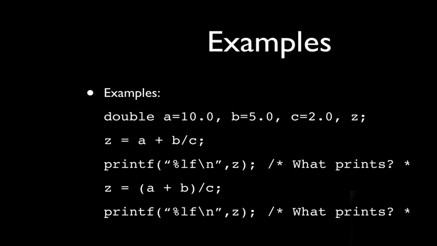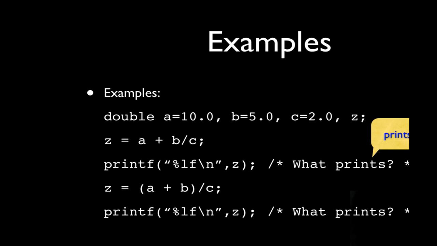So I've got a double a equals 10.0, a variable b equal 5.0, a variable c equal 2.0, and then a variable z, which I've left undefined. In this first expression, I have z equals a plus b divided by c. We know from the precedence order that we just talked about that the division has to happen first, and after that the addition. So we're going to have 5.0 divided by 2, which yields 2.5, which then gets added to 10, which gives us 12.5. So the printf statement, which appears right under the expression, is actually going to print out